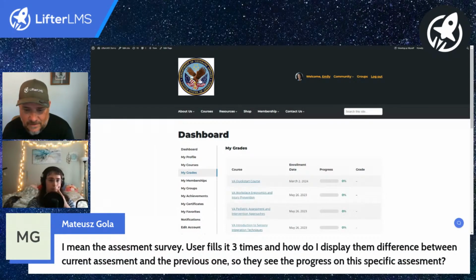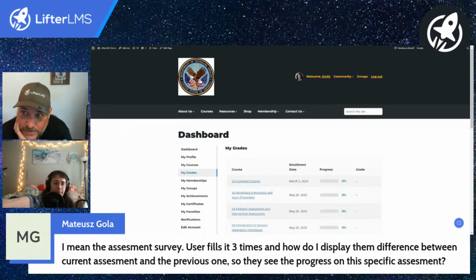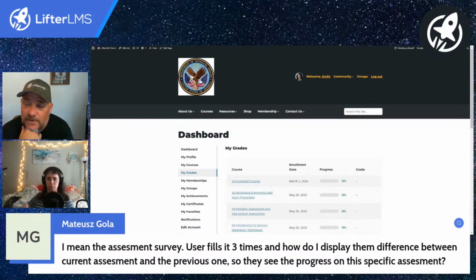We got more, I mean, the assessment survey. Well, that might go into a whole other topic, because I know that Will talks about Gravity Forms and Gravity View. Those are good tools, because you're talking about having them send an assessment and then have them see what they filled in themselves on their own assessment. So if they filled out a survey, you want to show them exactly what they filled in on the survey. You could share the results of the form. With Gravity and Gravity View, you could actually automate that process and send it via email. I'm not sure if you can do that with Fluent Forms Pro, because I've never tried. Will, what do you think?